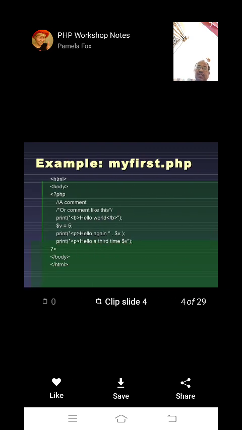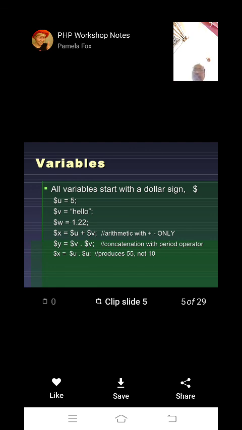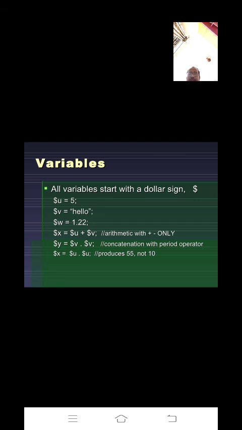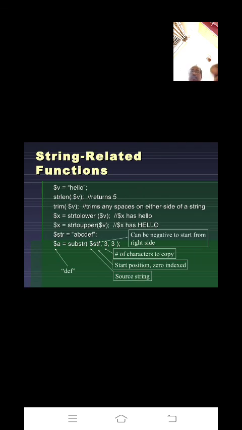All the slides I'm showing here we have already completed in previous sessions. If you have not taken them, you can take them again: how to write variables, how to assign variables, how to print, and what are the ways to print a message through PHP. If you want, you can take this, right?